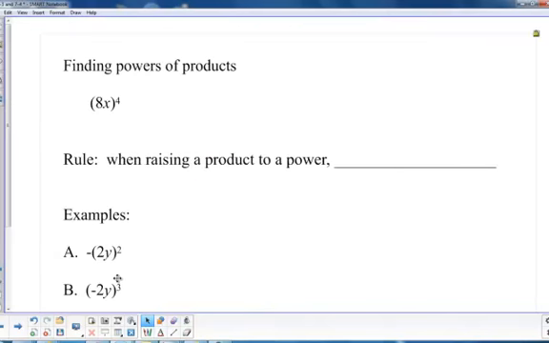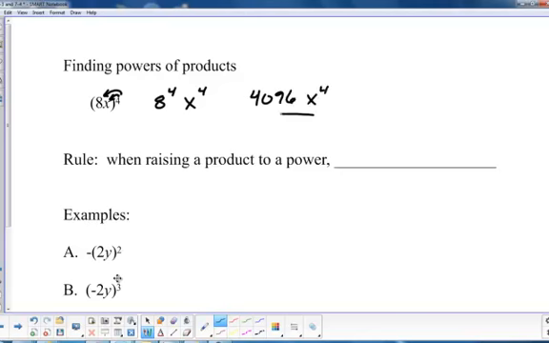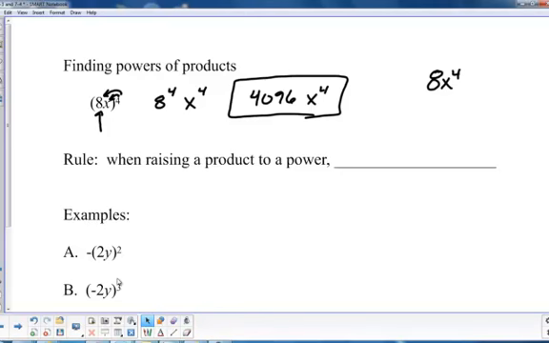Now, this 4 is outside of the parentheses. So this 4 goes to both the 8 and the x. And we're going to actually go ahead and do 8 to the 4th. So 8 times 8 times 8 times 8 is 4,096. This is different than 8x to the 4th. 8x to the 4th is just 8x to the 4th. If the 8's inside of the parentheses with a 4 on the outside, you do need to raise it to the 4th. So when you're raising a product to a power,